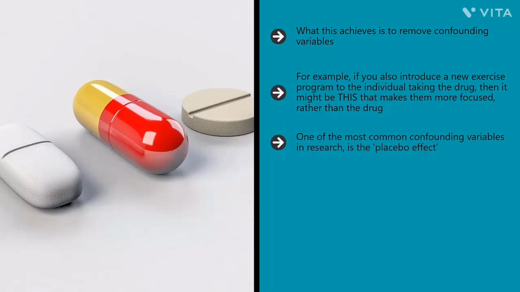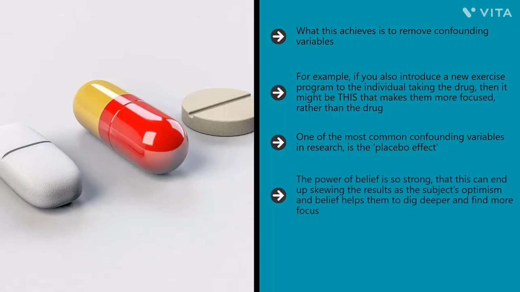This effect describes the fact that when you tell someone they're receiving a drug, they will then feel better even if the drug is just a sugar pill. The power of belief is so strong that this can end up skewing the results, as the subject's optimism and belief helps them to dig deeper and find more focus. That's why the experimental group will often receive a sugar pill. This way, both groups think they are getting something, and you can thereby rule out the role of placebo in